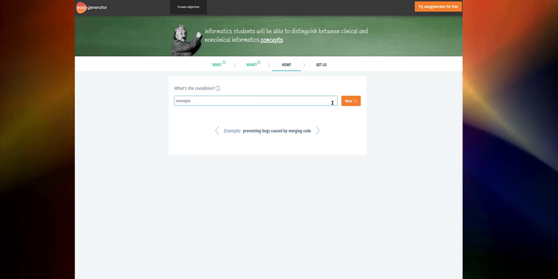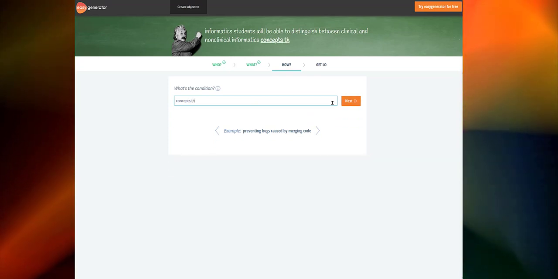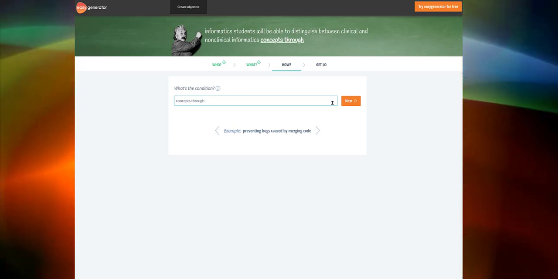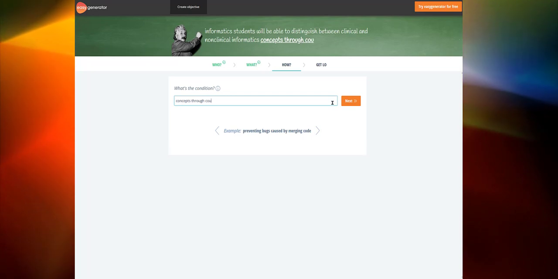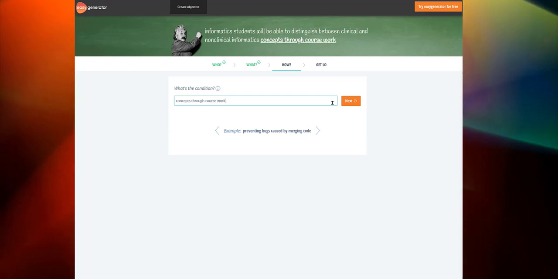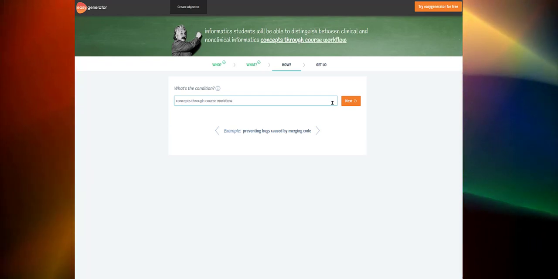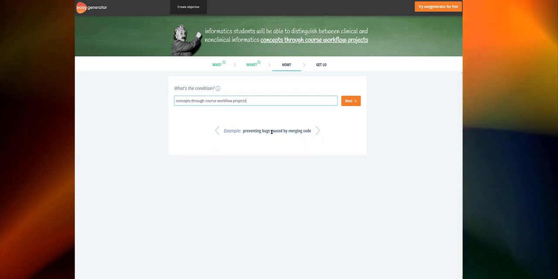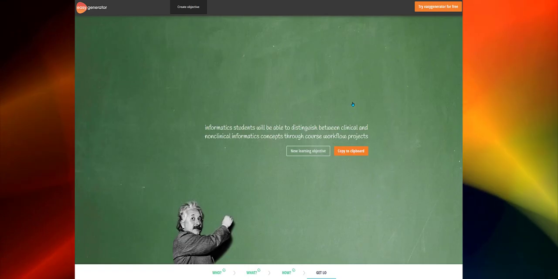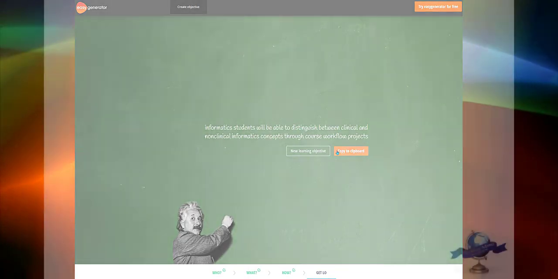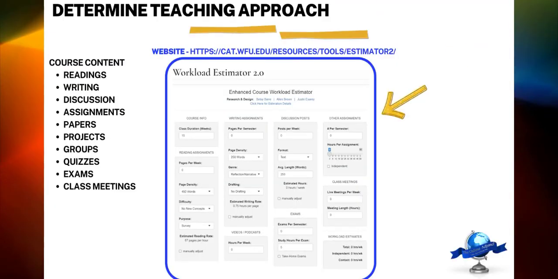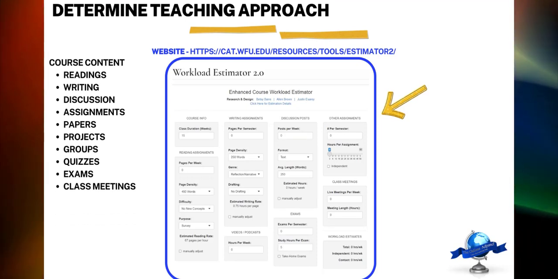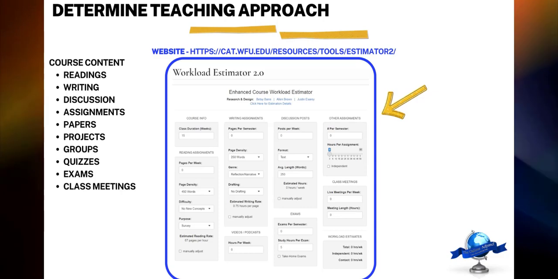Now, once you have this learning objective, you want to say how they're going to do it. And so they're going to do it through whatever your course workflows or assessments or quizzes. And this is the objective that you have. And then based on that, you will use that for your course. So here you can clip it to a board. And now you can take those learning objectives and you can start to